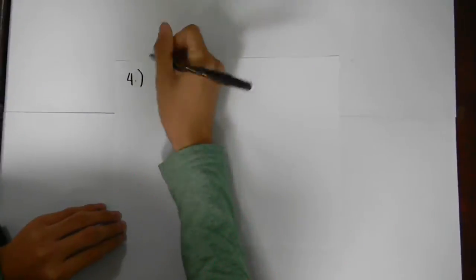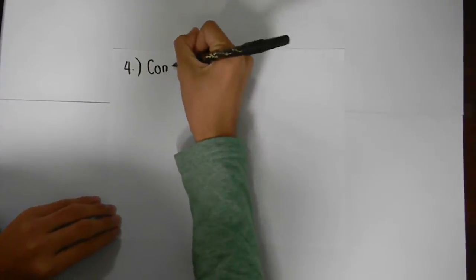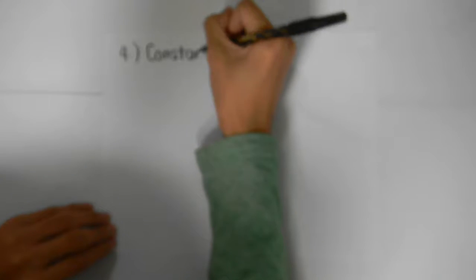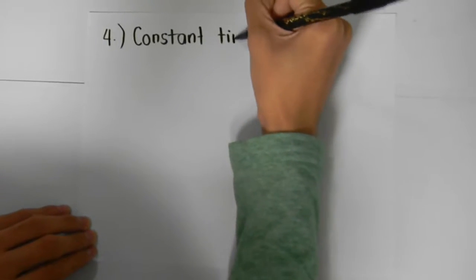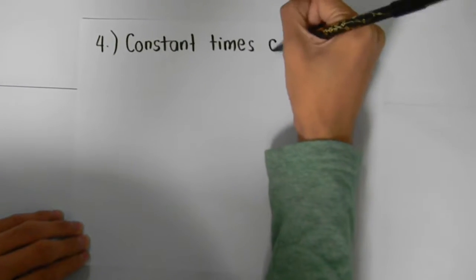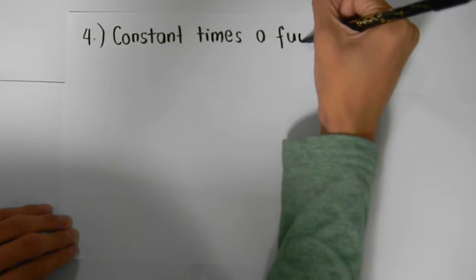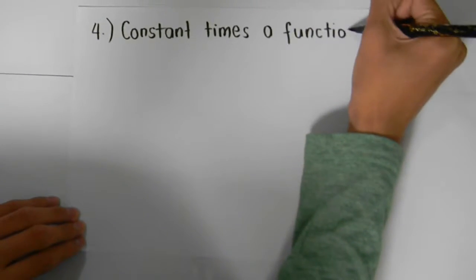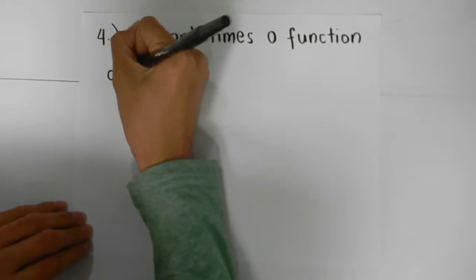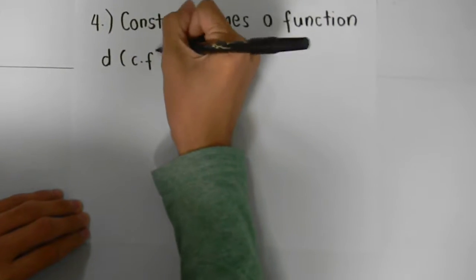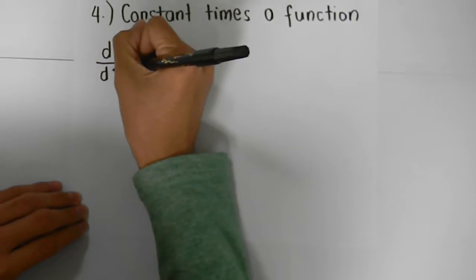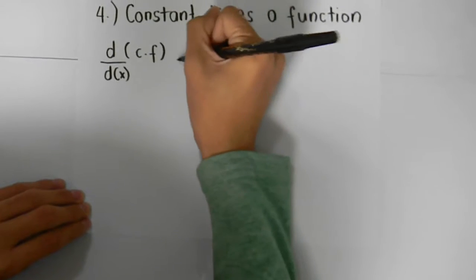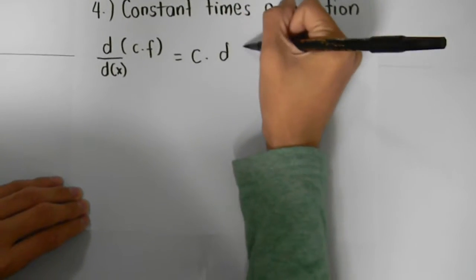Rule number 4. Constant times a function. The constant times a function rule states that in order to get the derivative of a function which has a numerical coefficient attached to it, one should first get the derivative of the literal coefficient, then multiply it to the numerical